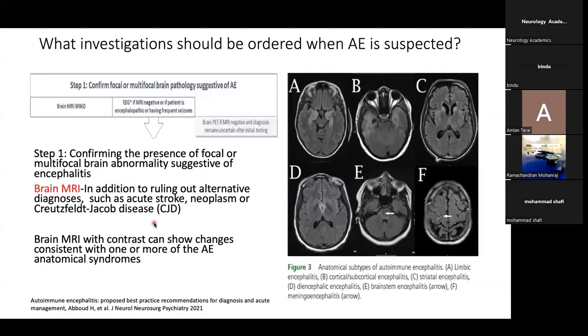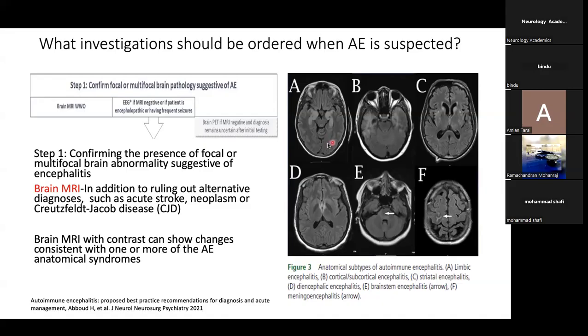neoplasm, or Creutzfeldt-Jakob disease. MRI brain with contrast can show changes consistent with one or more of the autoimmune encephalitis anatomical syndromes. Here we see limbic encephalitis, depicted here: the mesial temporal lobe is affected with hyperintensity. So the anatomical subtype of autoimmune encephalitis is determined by the MRI